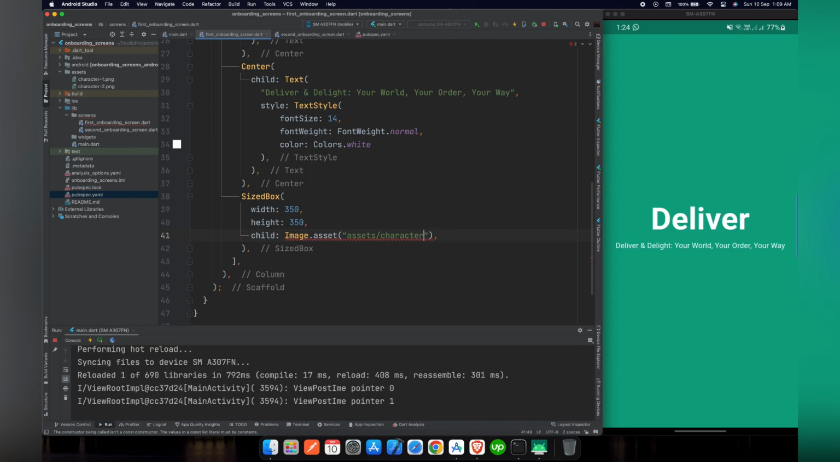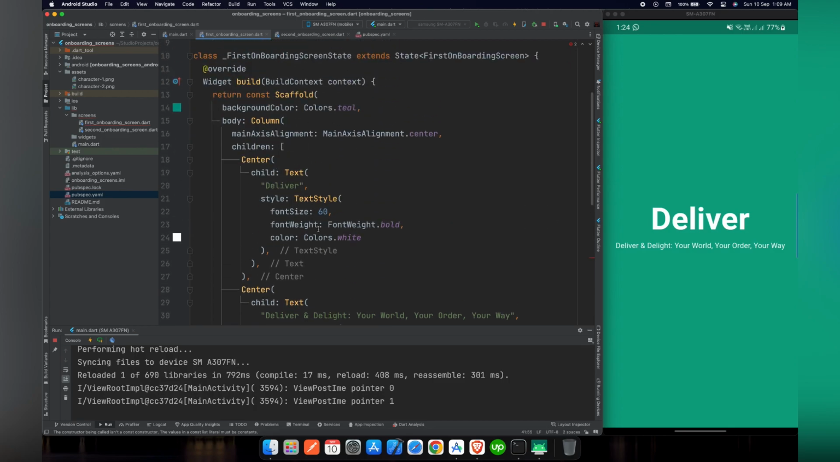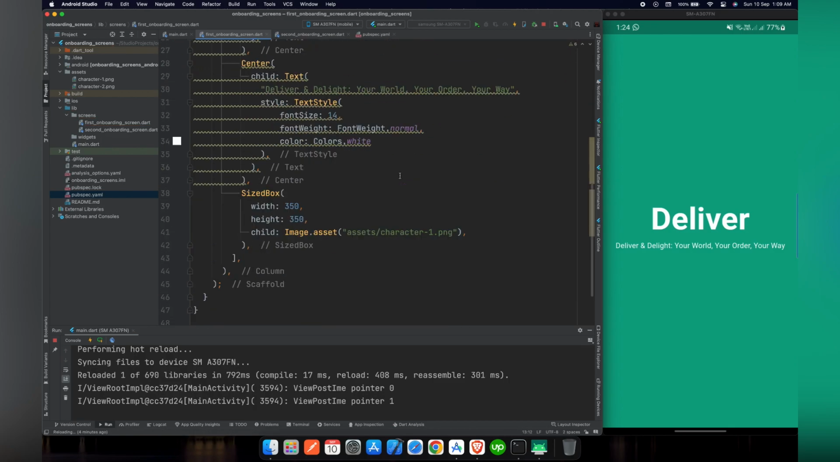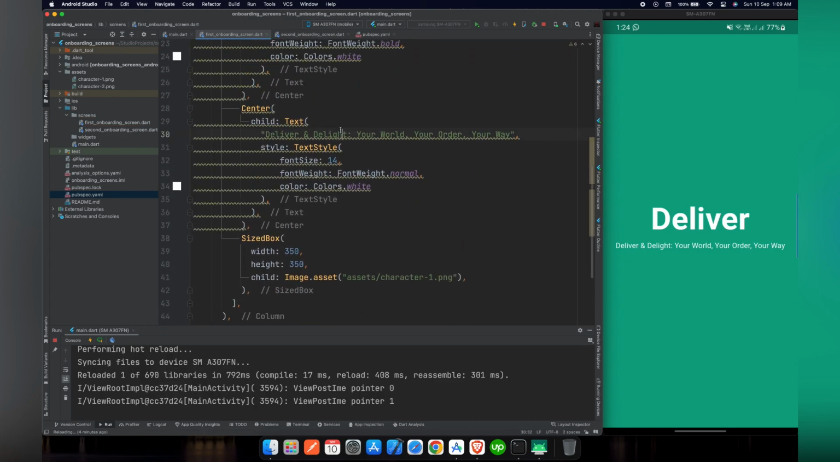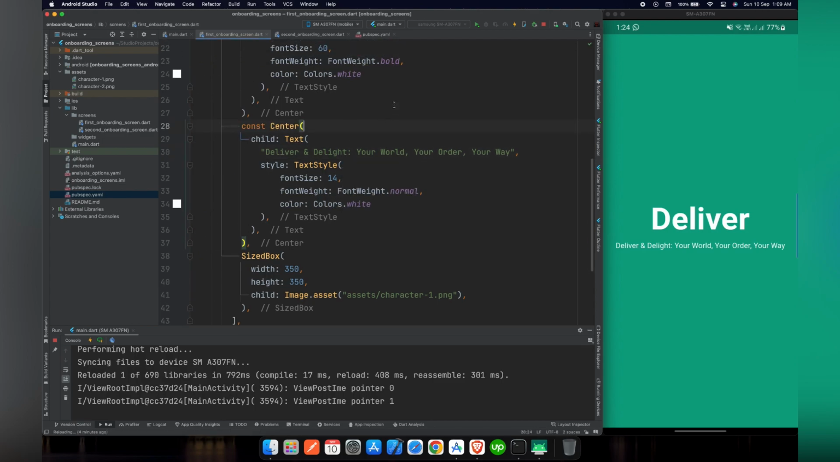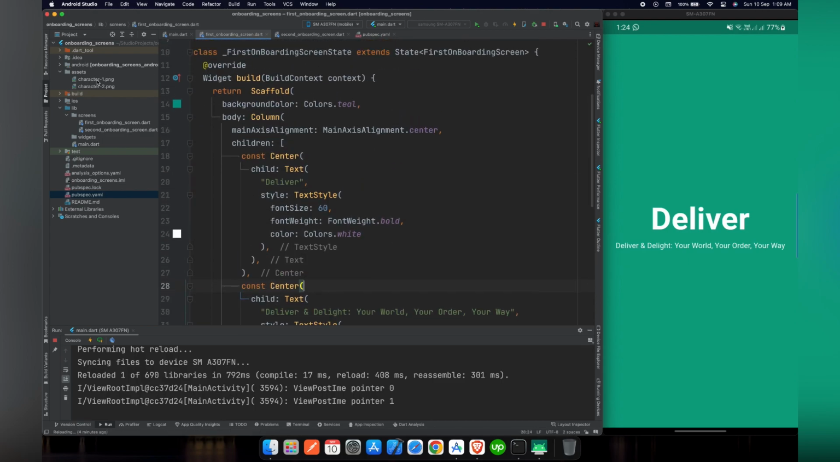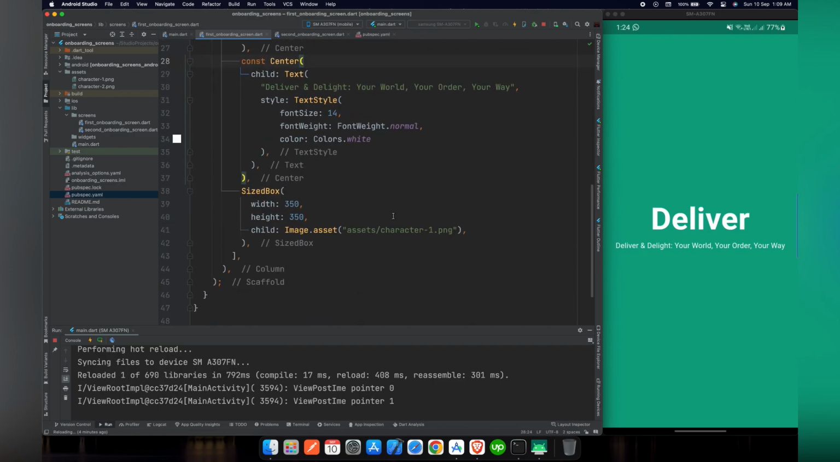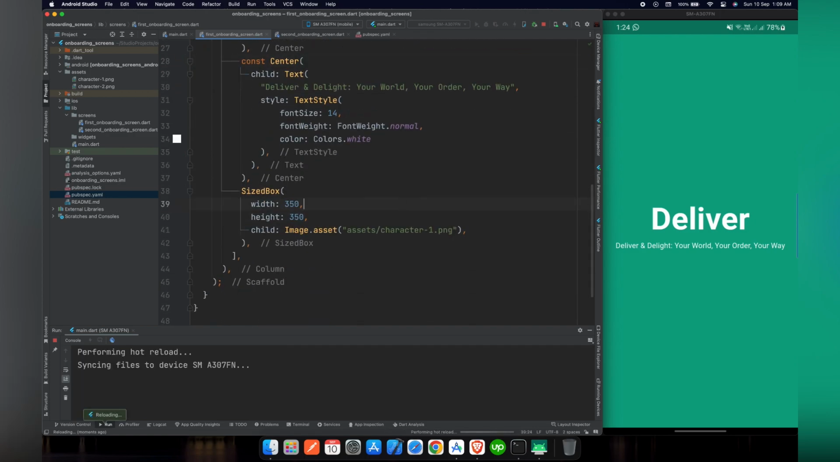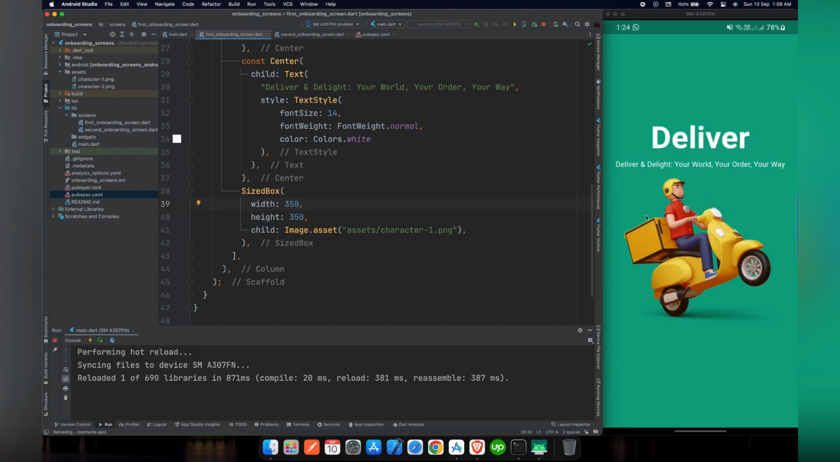In my case, it is inside the assets directory with the name of character-1.png. To remove this error, we have to remove this constant from the top, and now to remove these yellow warnings, we have to import the constant modifiers at the corresponding places. So now if we reload our project, you can see that the image is right below the subheading where we